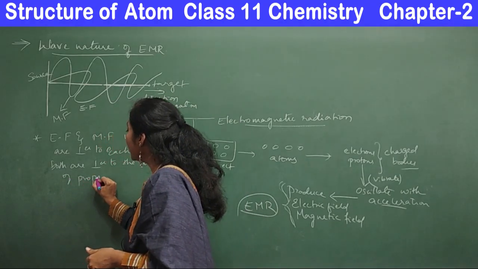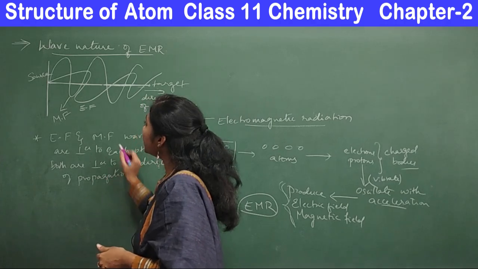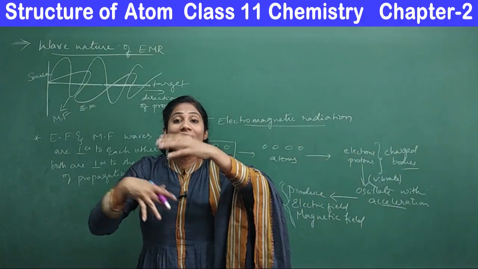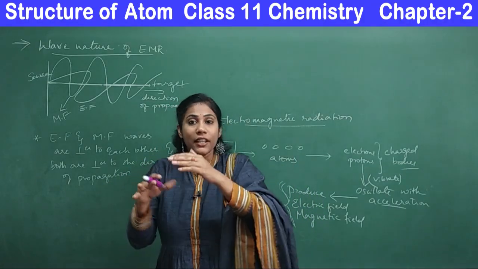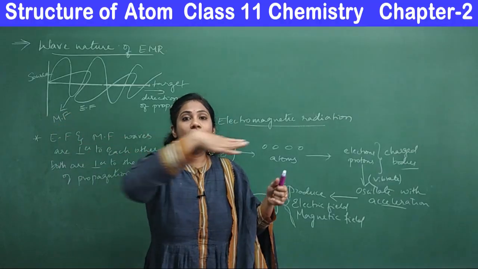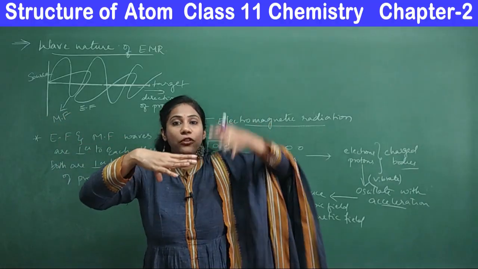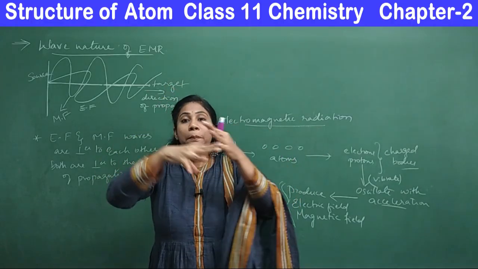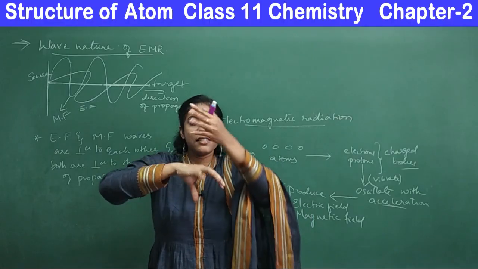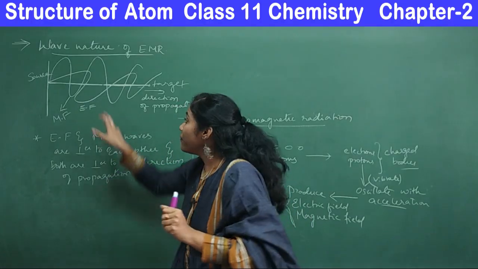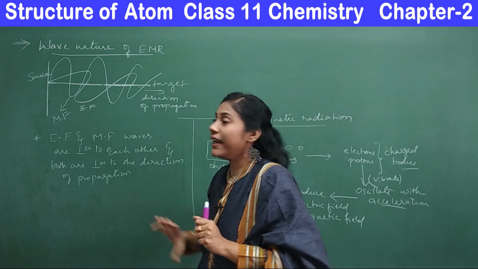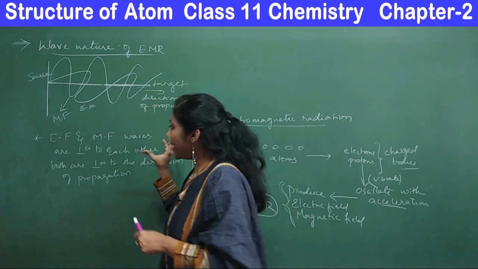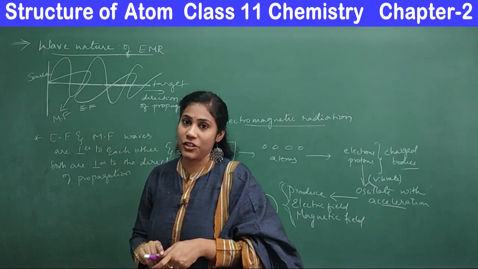Okay, so this is how they travel in the atmosphere. Both electric and magnetic fields are there, but how do they travel? They are perpendicular to each other. If this is a magnetic field wave, the electric field wave would be like this. Both travel in the same direction, but the waves are perpendicular to each other, and both are perpendicular to the direction of propagation. Clear? So this is the first property of electromagnetic radiation.